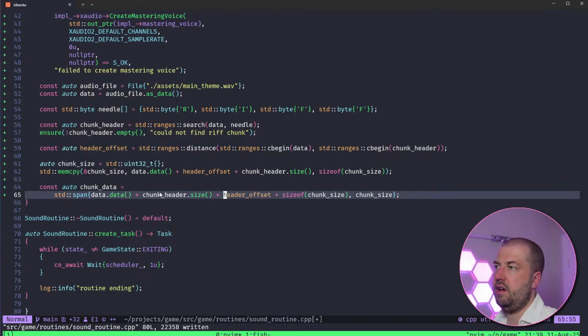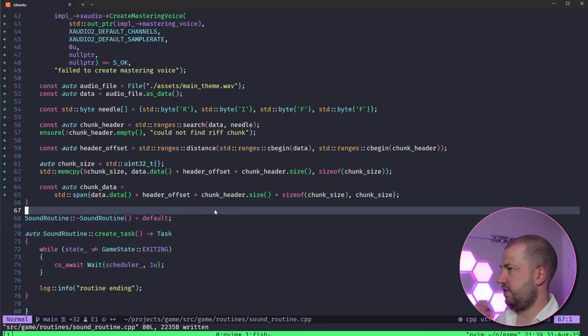And then for here, we go to the data, go to the header size, plus the chunk size, plus then the size of the chunk size itself. Then we read it in. Okay, I think that's fine. Yeah, it's just my terrible code. So